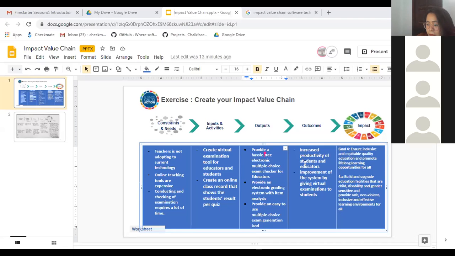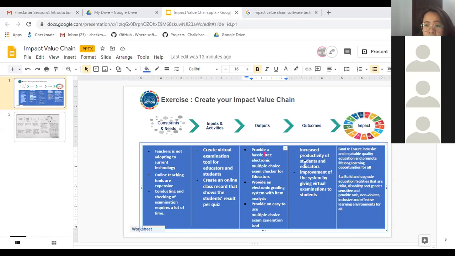This is also one of the key features that we are going to give our product, as teachers really have a hard time making this item analysis because there are a lot of students to be checked, and this is also part of the requirements they submit to the DepEd.